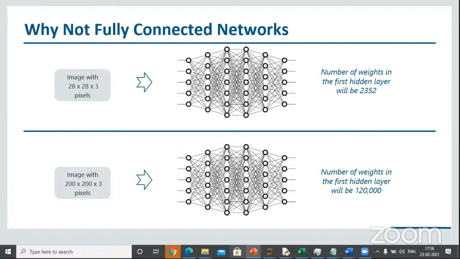Today most mobile phones have 5 megapixel and above, and many of them have a baseline of 13 or 14 megapixel. Now I am talking about 200 pixel, not even 200 megapixel. See the weights in your first layer, 200 into 200 into 3, which is